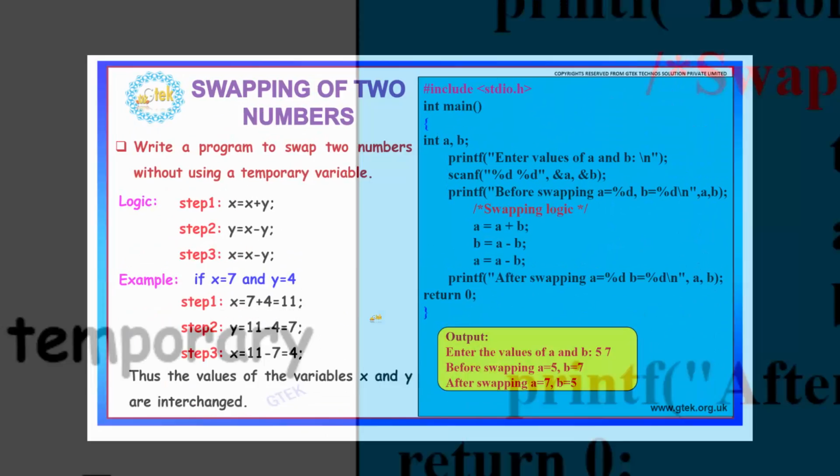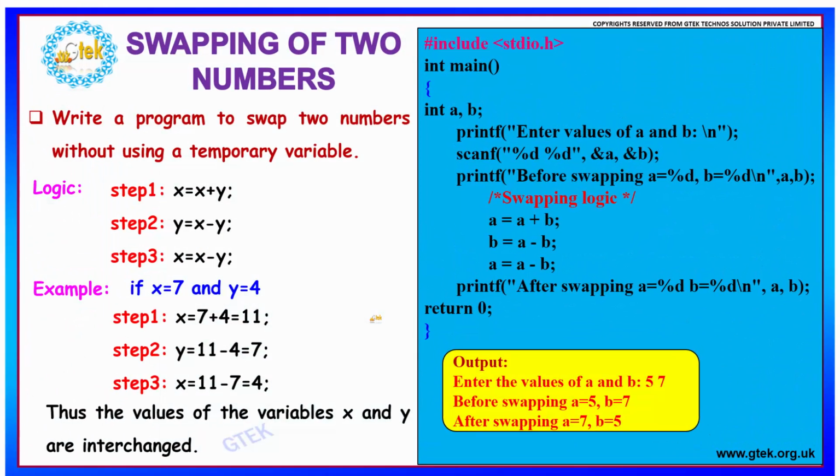Let us see our next interesting program. Well, we have done swapping two numbers using a temporary variable. How can we do this without using a temporary variable? It is not a big deal. Let us see how to do that. The logic behind